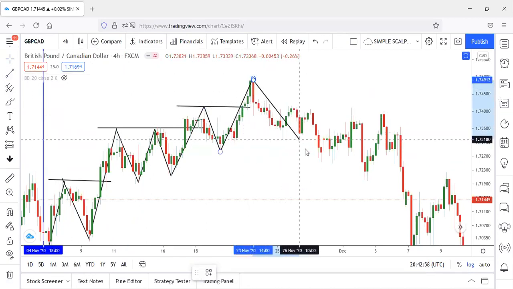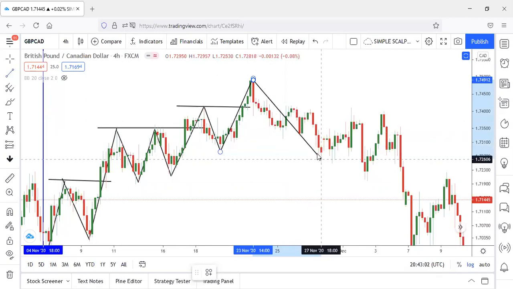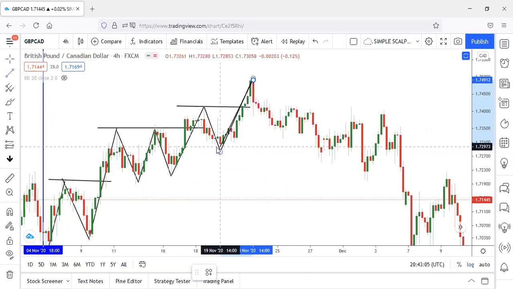Okay, we have a pullback. The pullback kept on coming down and broke the last structure, the last low. Remember, this is the low. You can refer to our last week training video that explained the higher highs and higher lows. So the last higher low is this area right here. Until this low gets broken, that is when we can confirm that the market has shifted from an uptrend